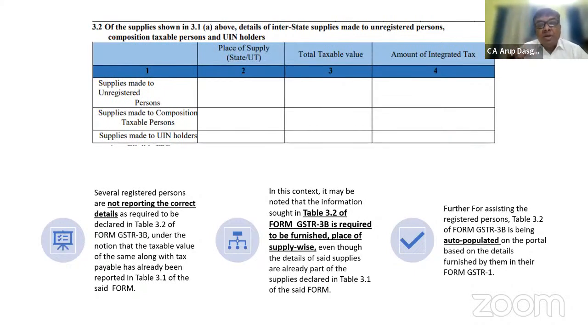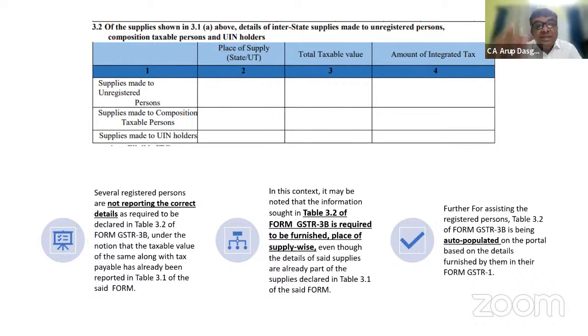So what was the problem in this? People were thinking, I have shown my output tax amount. So I am supplying to maybe people from 10 different states, I am making outward unregistered supply. But what I've shown is that just for the sake of convenience, I've just shown it randomly for one state. So I've shown here in the place of supply Maharashtra, and I've shown the total taxable value, and I've put the integrated tax. But because of this,